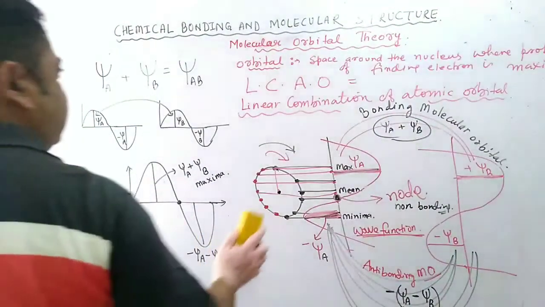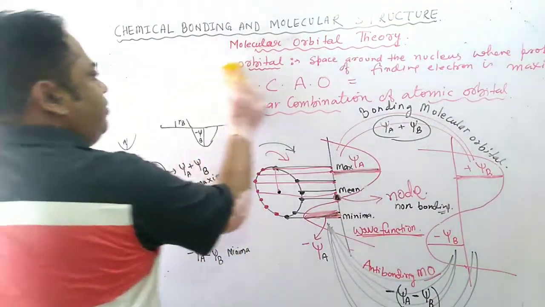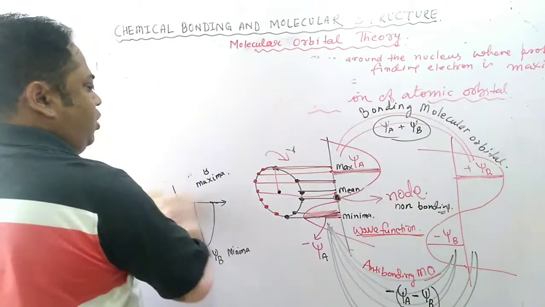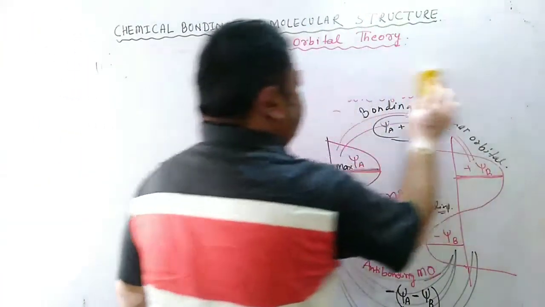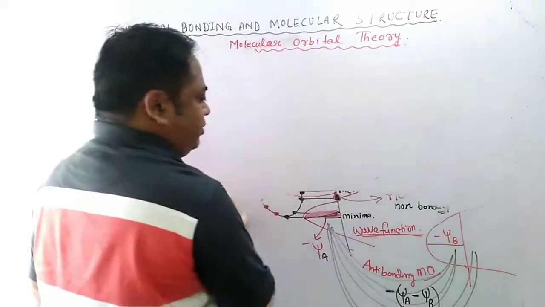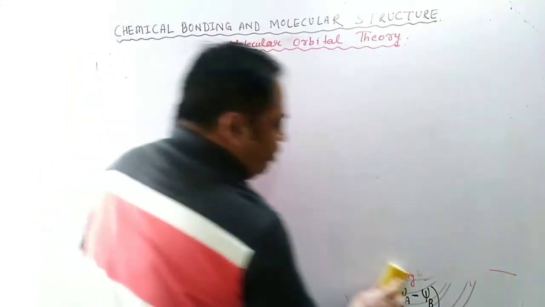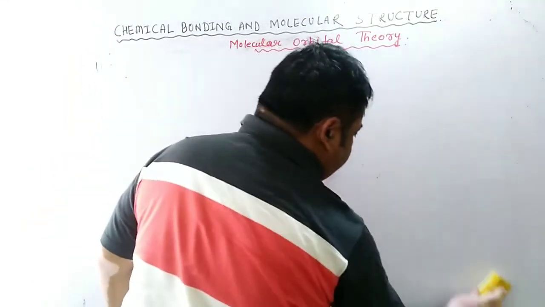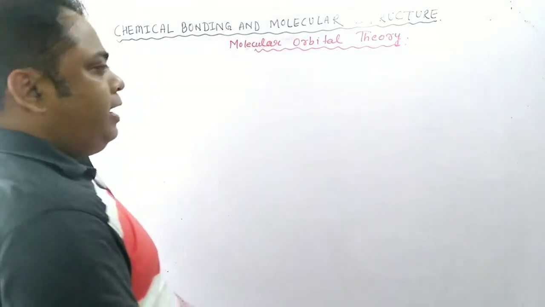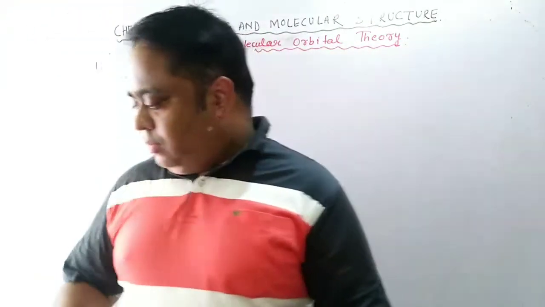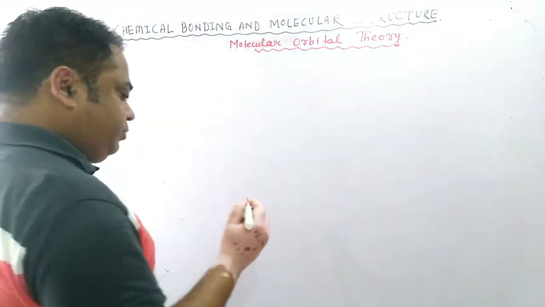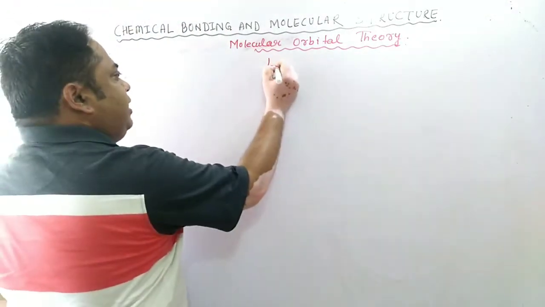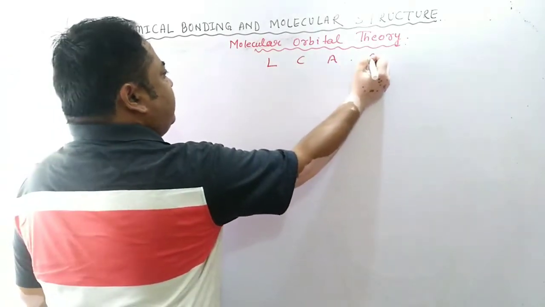We will start with a very simple molecule, hydrogen, and then we will go up to neon. Although you will find that neon will not form a molecule, because the number of electrons in the bonding molecular orbital will be equal to the number of electrons in the anti-bonding molecular orbital, and the effectiveness of bond formation will be nullified. So we will see one by one. What I said, linear combination of atomic orbitals takes place.